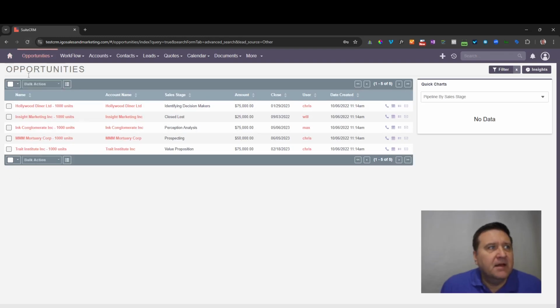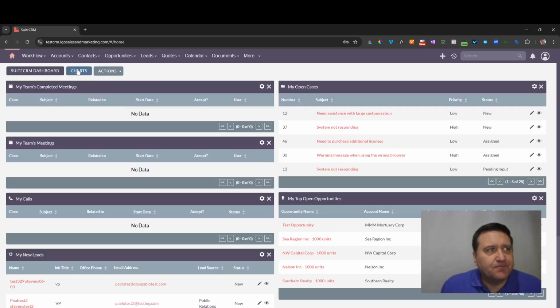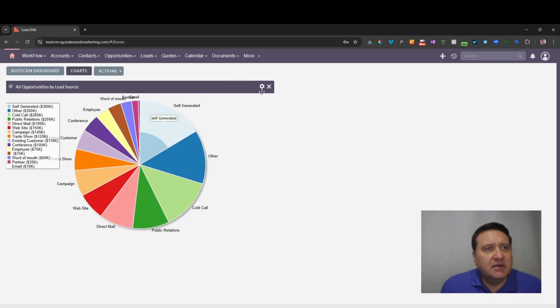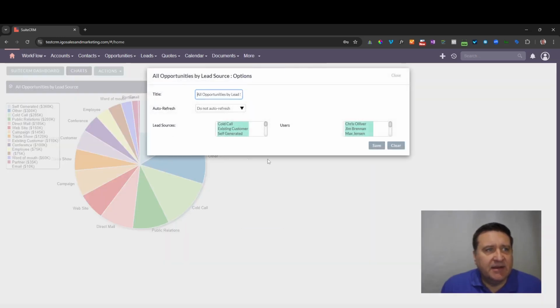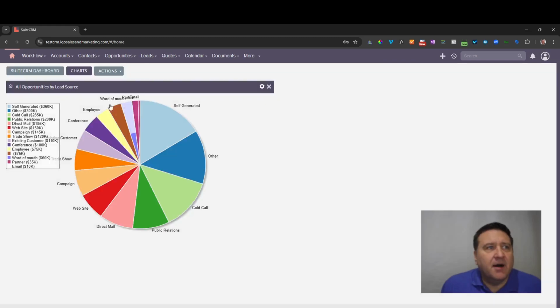Okay, so if we go back to our home page here, go back to our charts, you can also have settings on these, and in a similar manner maybe you just want to put it for certain sales reps, or you just want to pick certain lead sources. You can customize this report, you know, a little bit based on what available options are here. Okay, another popular report is the